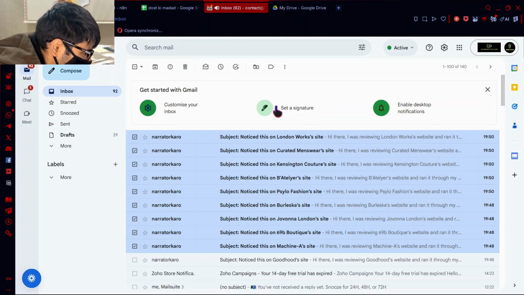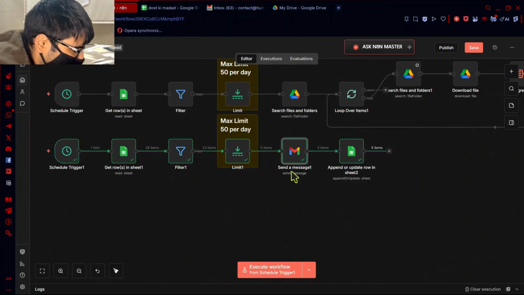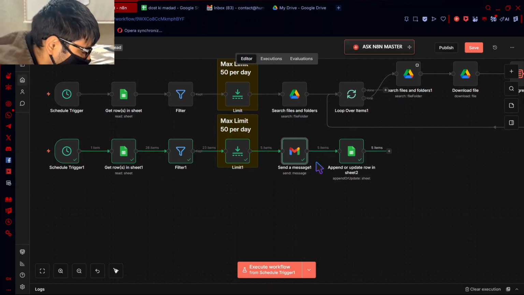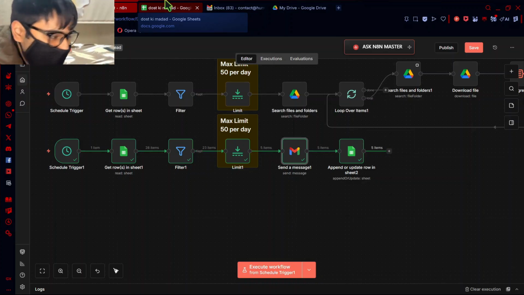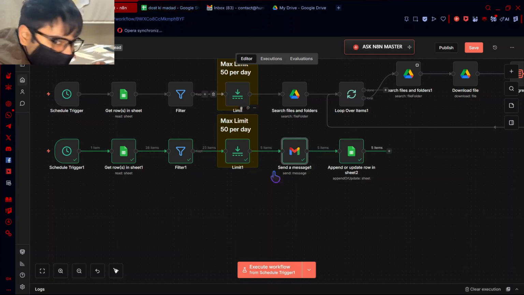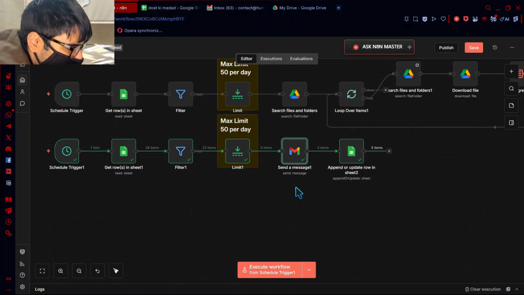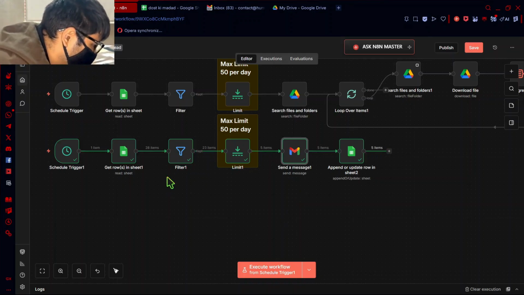That's how the email automation works. That's why I said to ignore the filter for the first run, as once the first run is executed, the filter node works. So the next day it selects the next 5, then the next 50, again and again. So it is not considered spam, and it does not send the same email to the same person again. That's why the filter node exists there.